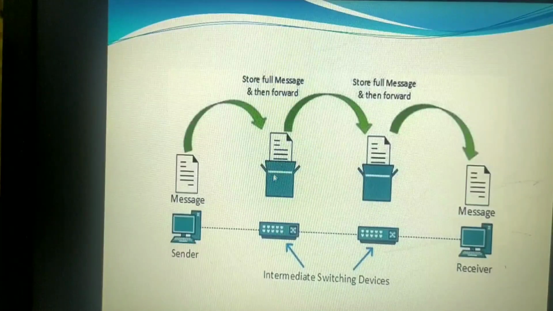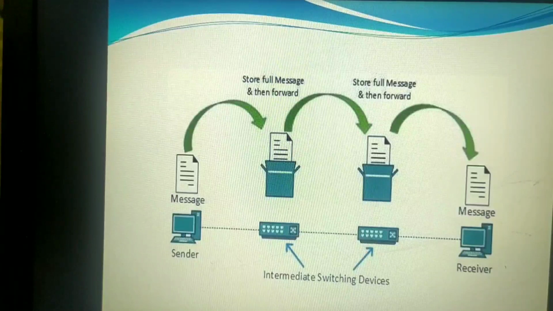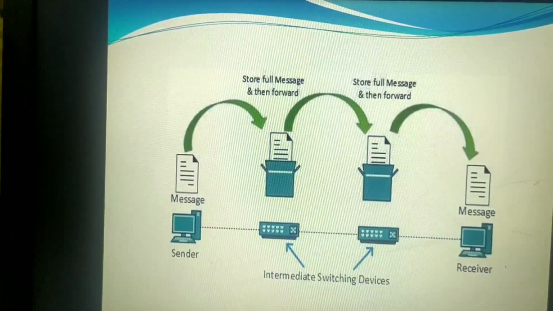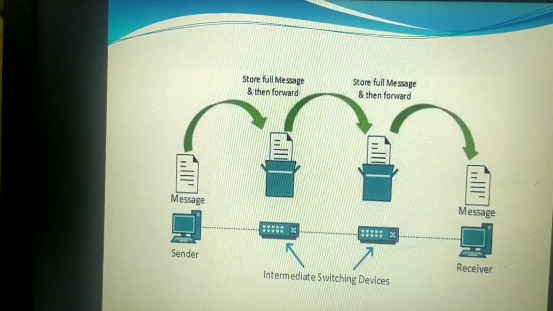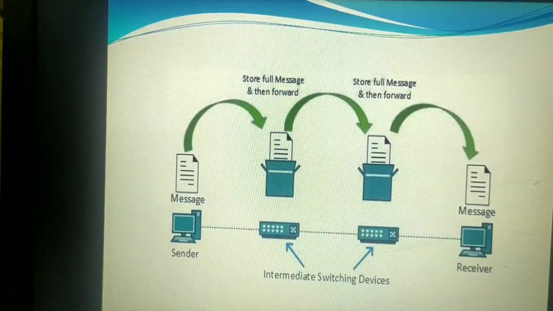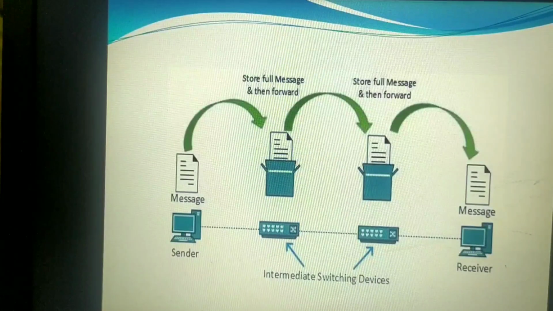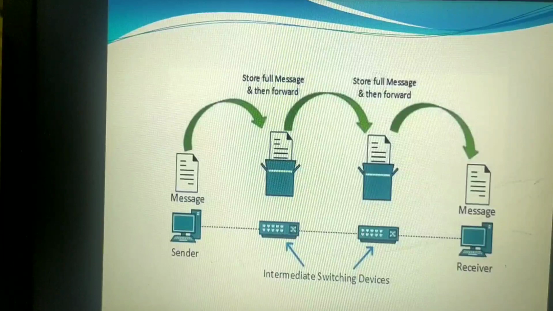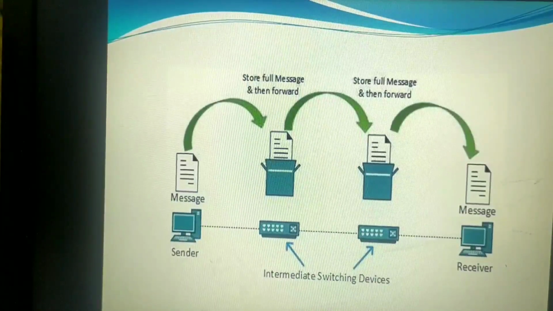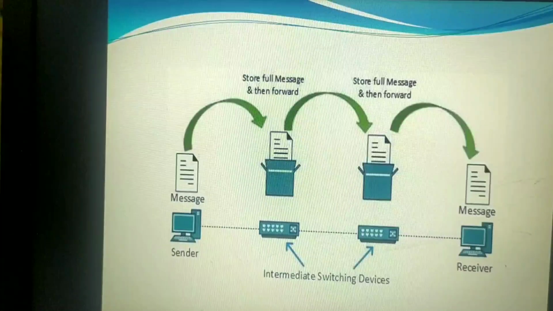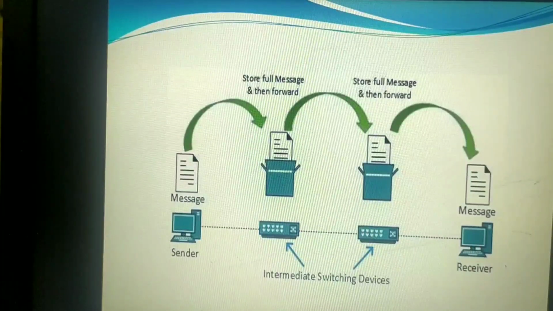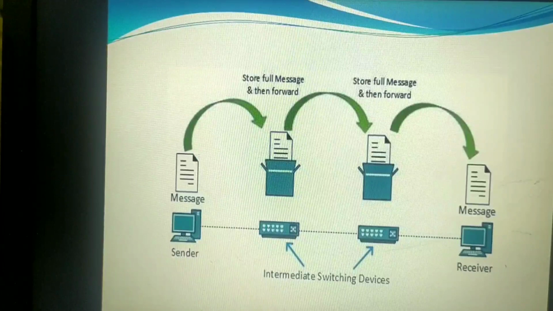He will forward that letter to the next nearest post office. Again, when your letter goes to the next nearest post office, it will stay there. It will get stored until the next postman comes and sees the destination. Like this, your letter will be stored in the post office and then forwarded depending upon the destination address. This process will continue until it reaches the destination, until it reaches Bangalore city. The main important concept in message switching is the store and forward technique. Message switching is also called the store and forward method.